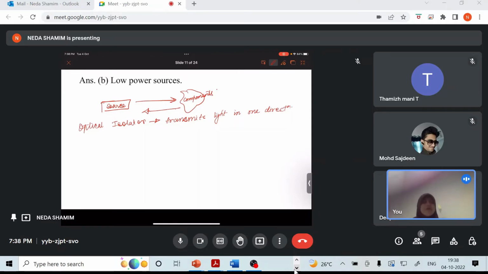So we call them non-reciprocal devices or non-reciprocal isolators. Why do we need such an optical isolator? This will prevent any unwanted feedback into our